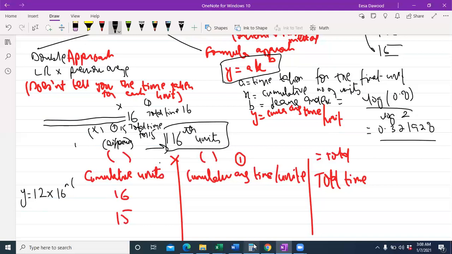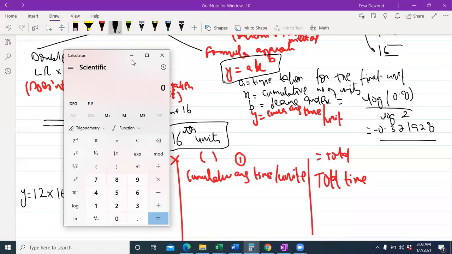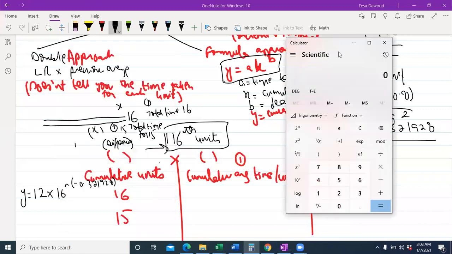And it was in negative. It always comes as a negative figure. Then negative 0.321928. So how am I going to do that on a calculator, let me show you. You'll have your scientific calculators as well, so do practice it. If you think you know it and you do it in the exam without practicing, you'll definitely panic and you won't be able to gain those precious marks, even if you know. So definitely you need to practice how you're going to do that.